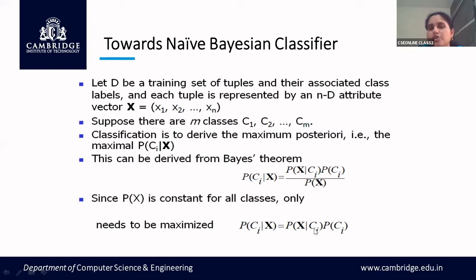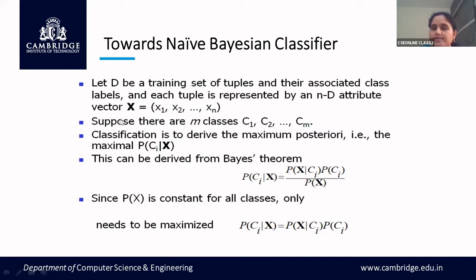Next we'll move to the next topic, Naive Bayes classifier. So Naive Bayes classifier is based upon your Bayes theorem. So if you have a data set, say D training set, that is, it has say n number of tuples associated with it, and it is also a supervised learning technique because you have a class label associated with it. So here each tuple is represented as a vector X, where one particular row from your database is termed as X1, X2, X3.